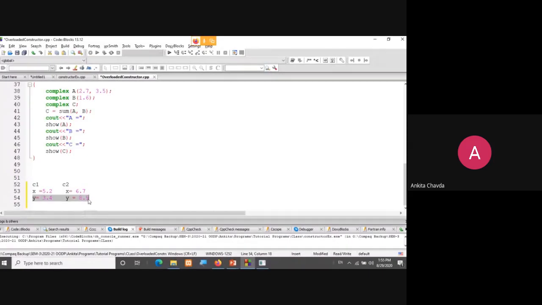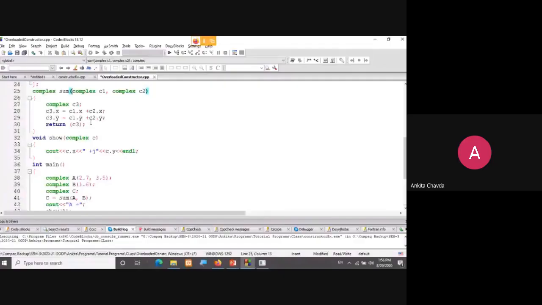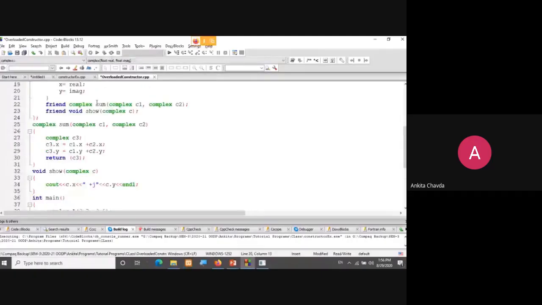So now you are getting, I am doing the summation of the data members of two different objects. So I need the friend function over there, yes or no? I have the same class but two different objects, C1 and C2, and I'm relating their data and doing some mathematical computation between the two. So I'm taking here a friend function, sum, which will do the summation between complex C1 and complex C2, two different objects, and it will return the data into the complex.